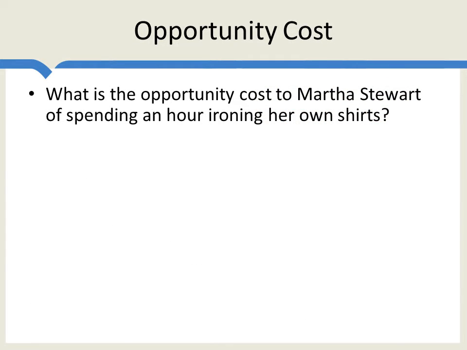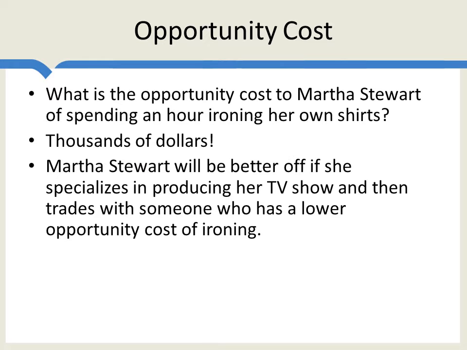The most important point to remember is that the important cost is opportunity cost. So what is the opportunity cost to Martha Stewart of spending an hour ironing her own shirts? Well, it could be thousands of dollars, at least. Martha Stewart will be better off if she specializes in producing her television show and then she trades with someone else who has a lower opportunity cost of ironing. It doesn't make sense for Martha Stewart to iron her own shirts because the cost of her doing so is devoting her time to something where she's even more valuable, where she's even better,